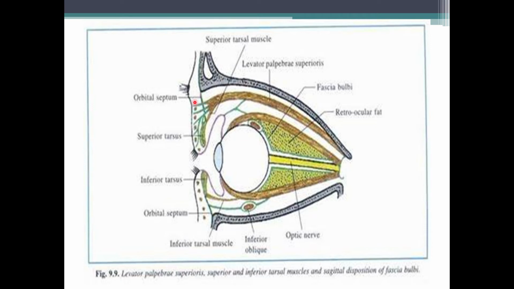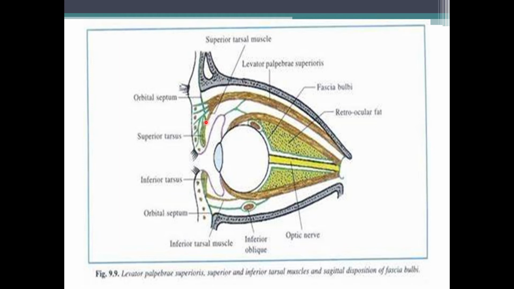See, the superior fibers of the levator palpebrae superioris pierce the orbital septum and get inserted into the eyelid after merging with which muscle? The orbicularis oculi. Okay, so after merging with the orbicularis oculi muscle, the voluntary fibers of the levator palpebrae superioris get inserted into the eyelid. The intermediate fibers are involuntary and they get attached to the superior tarsal plate, and then it forms